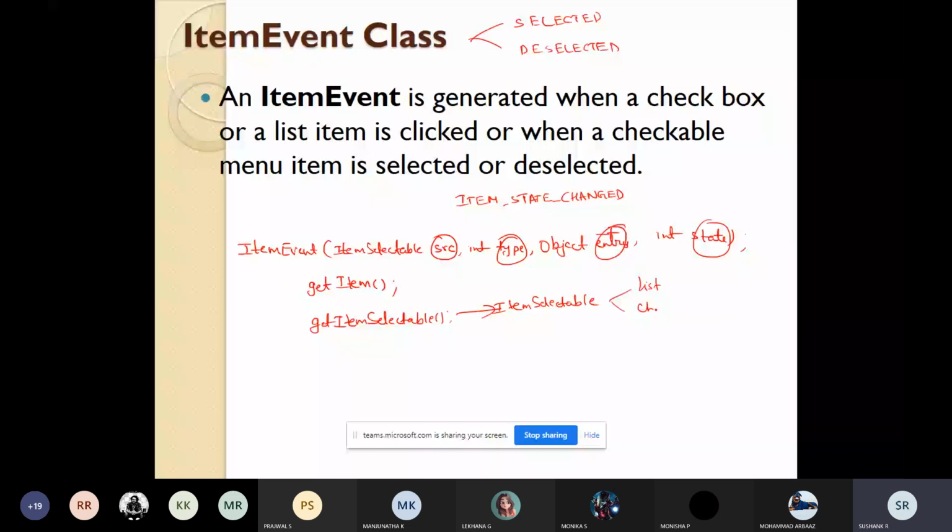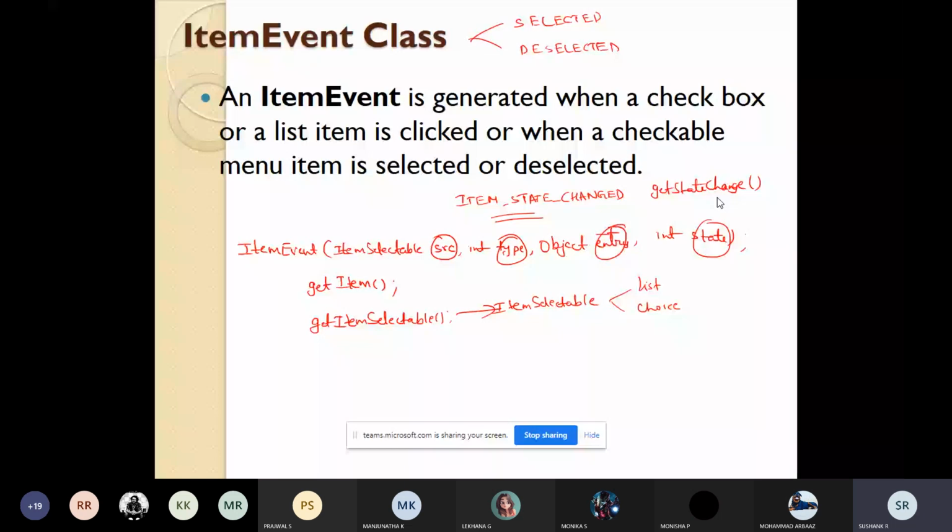And also, if you want to know about the state change, then you can use this function called get state change. So get state change method will return the state change for that particular event. So we have item event constructor which is taking 4 parameters. If you want to know the details about the item which has generated the event, you can use the get item function.